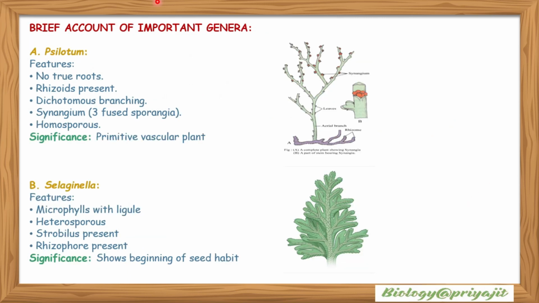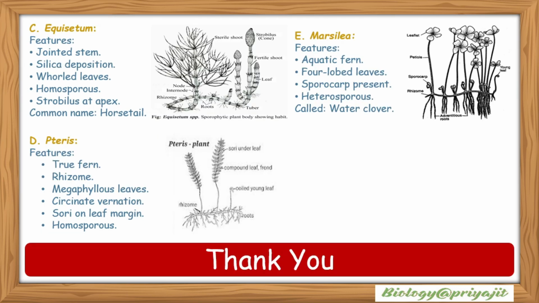Brief account of important genera. Psilotum: features are no true root, rhizoids are present, dichotomous branching, synangium with three fused sporangia, homosporous. Significance: it is a primitive vascular plant. Selaginella: features include microphylls with ligule, heterosporous, strobilus present, rhizophore present, showing the beginning of seed habit. Equisetum: features include jointed stem, silica deposition in the stem, leaves are whorled,